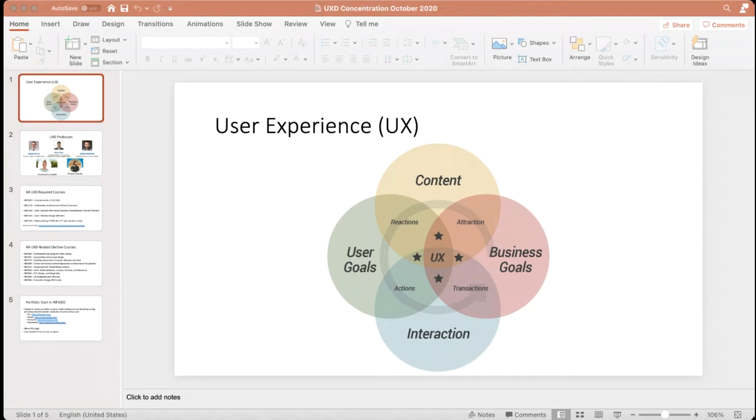And then the intersection of all of these things makes a UX, right? To create a good user experience, you have to consider all four in order to break things down and really go deep into breaking down the UX and fully understanding what is going on. Each of these circles can, of course, be further expanded into more.